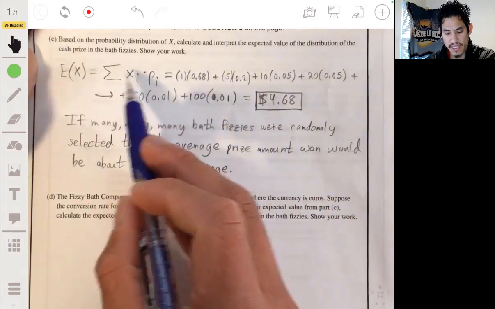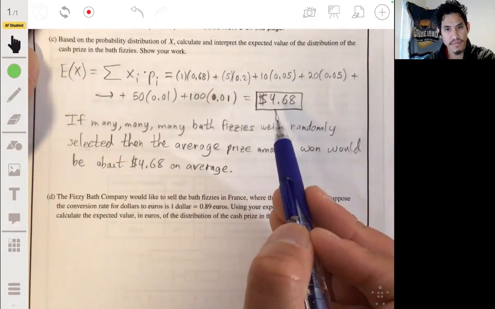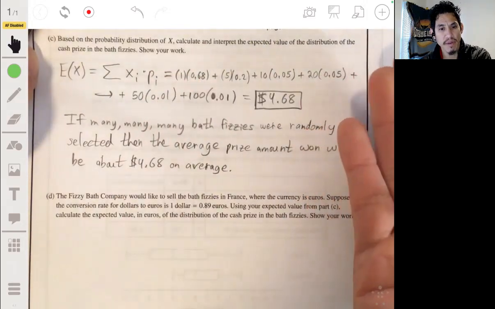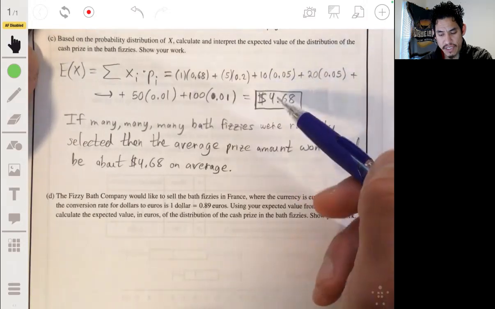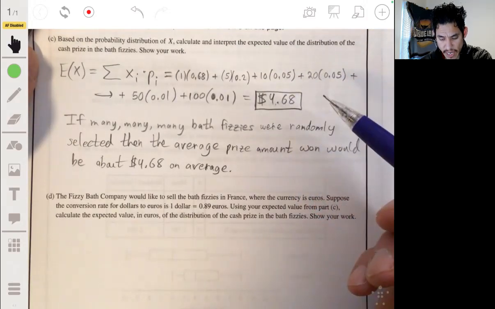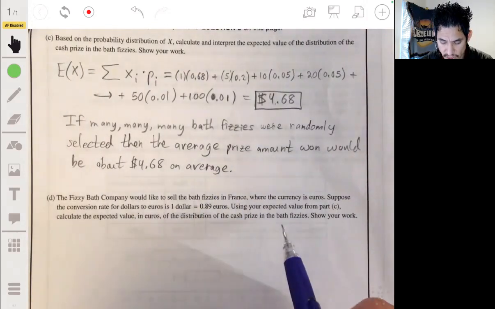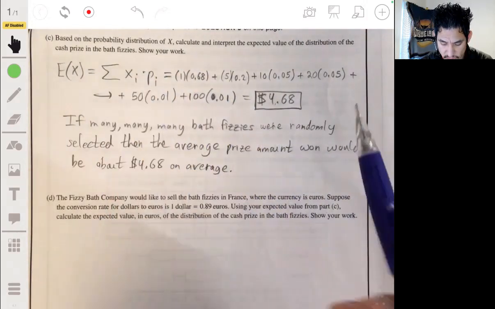Since this expected value is in dollars, you simply multiply everything by 0.89, and it's just going to end up being multiplied by 0.89. So I'm not even sure how they want you to show your work. I guess